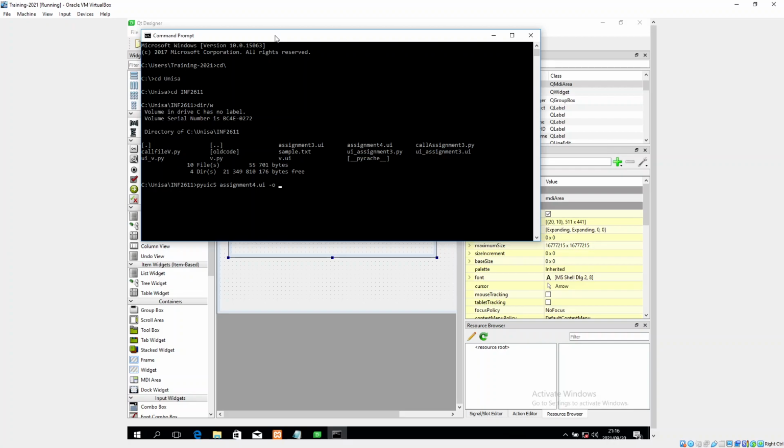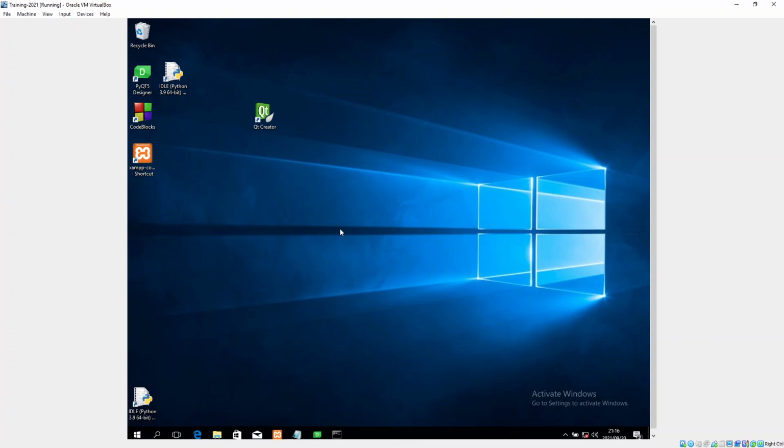-O and then UI assignment 4.py. Let me see if that works. Can't remember if the -O must be before this or whether it's happy where it is. Looks like it's happy. So yeah, so now I can go ahead and open my assignment